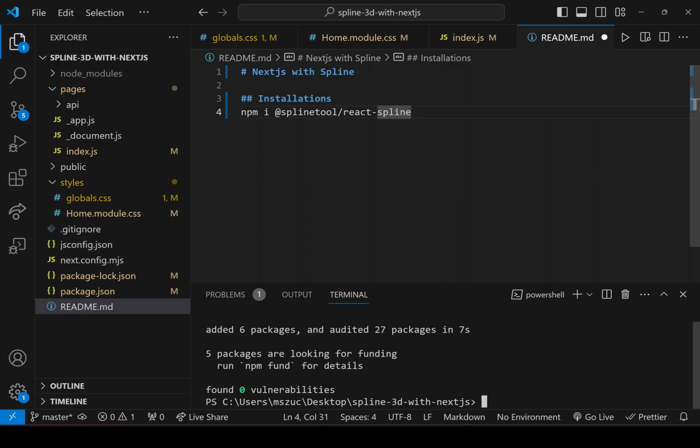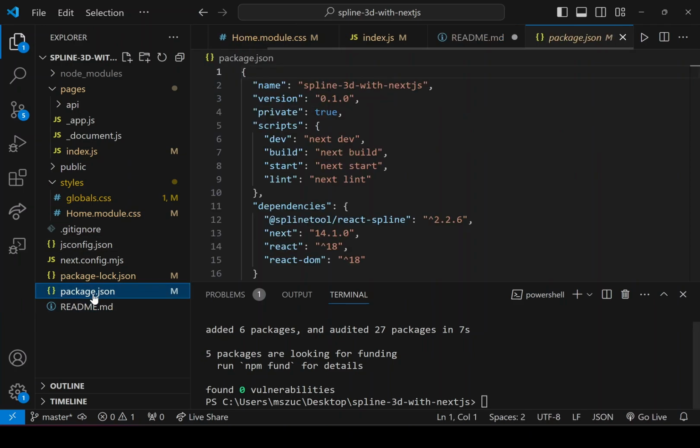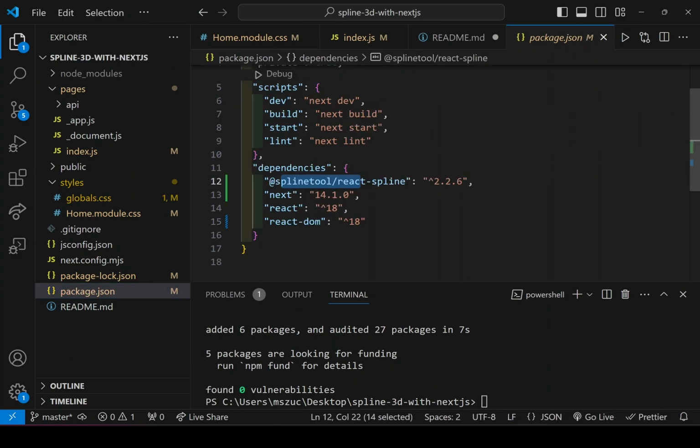And that should work. If I go to my package.json, I should see @splinetool/react-spline in my dependencies now.